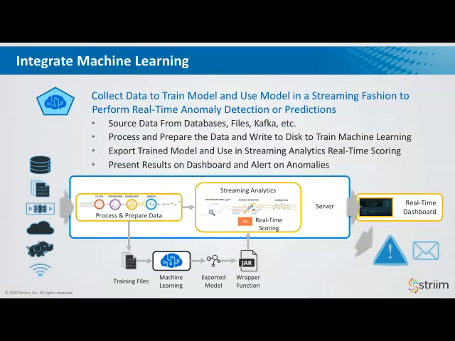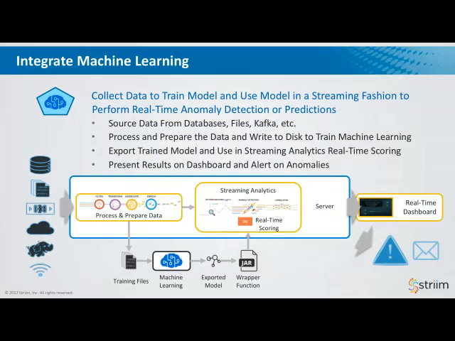There are algorithms that work with time series data and receiving events over time that are more complex. But a key thing within machine learning is you need to process and prepare data and get it ready for the learning first. And what you want to try and do is make sure the same data that you're using to prepare machine learning and train a model can in future be used to perform real-time scoring, inference, predictions, anomaly detection, classification, or whatever it is you're doing, can be done on the same data. Right?